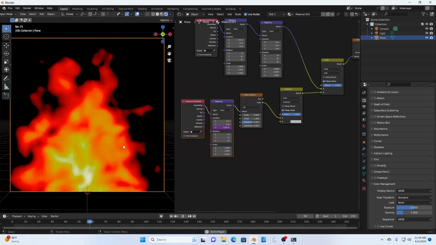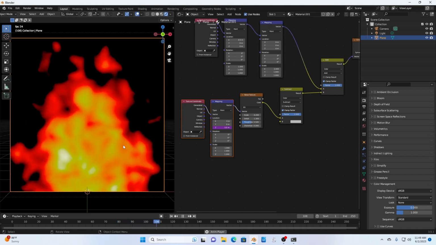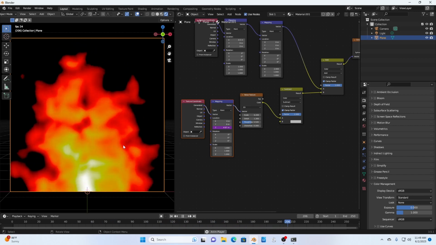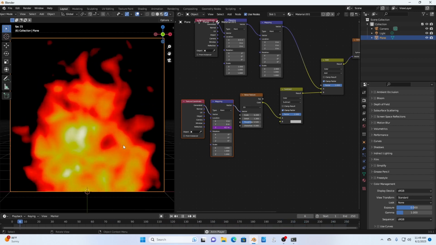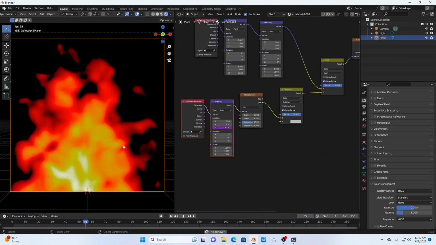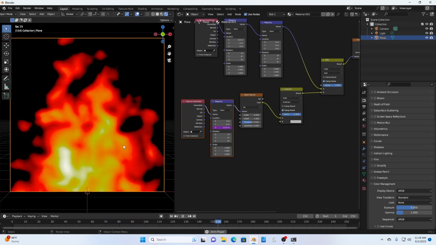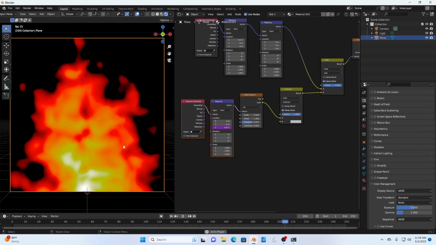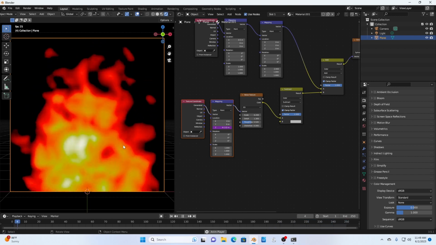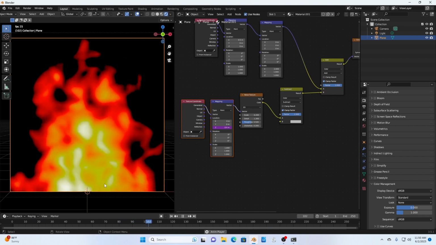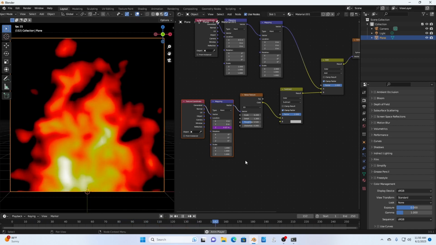One is if you look at it for a little while, it kind of looks like there's a pattern just sliding up. So I want it to look like it's more wispy, like there's some turbulence going on. The way I'm going to do that, there's actually a couple ways of doing that. I could switch the noise texture to 4D and animate the 4D component, but I don't like doing that. So instead, what I will do